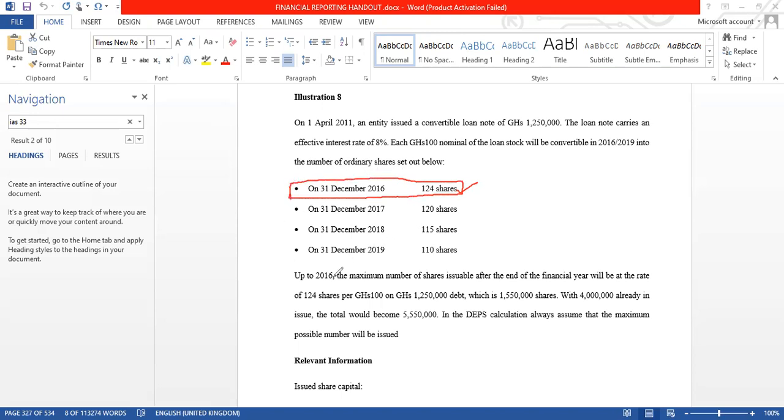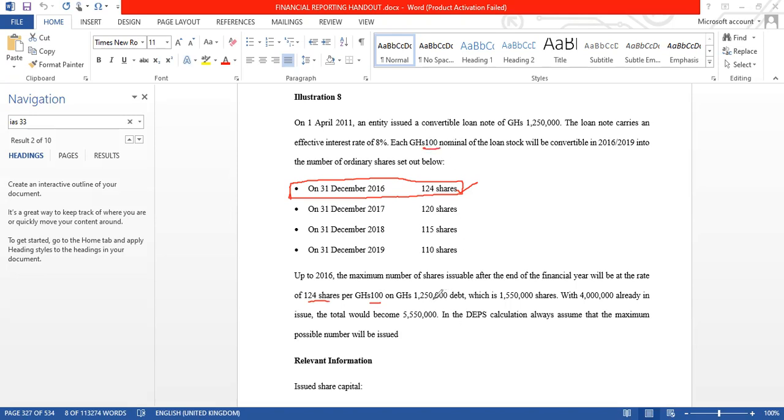Now, they said that up to 2016, the maximum number of shares issuable after the end of the financial period will be at the rate of, you don't need to be told, okay? Because this is an illustration, but you don't need to be told. That is the one that they will always go for. So that one will be stated at 124 shares per 100